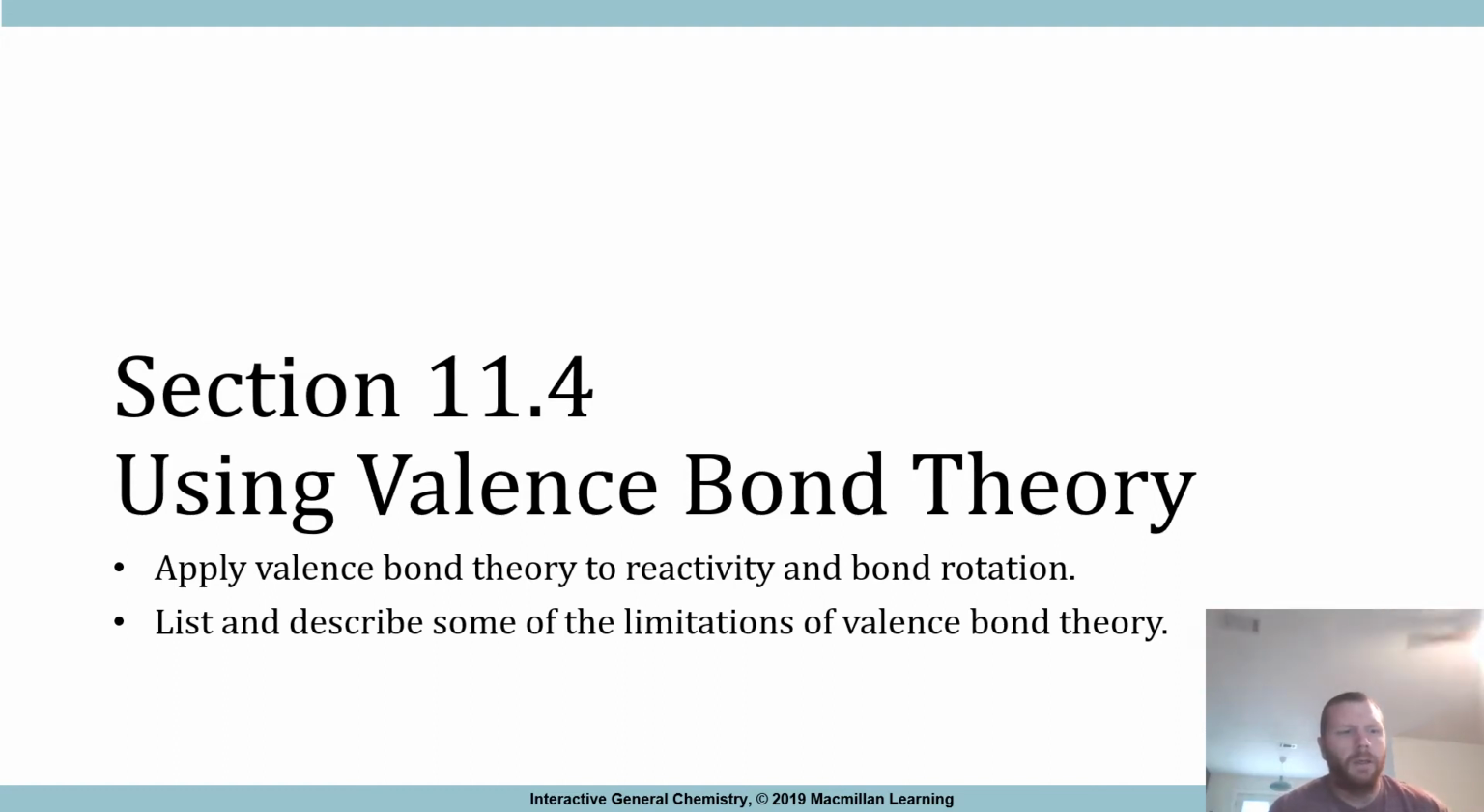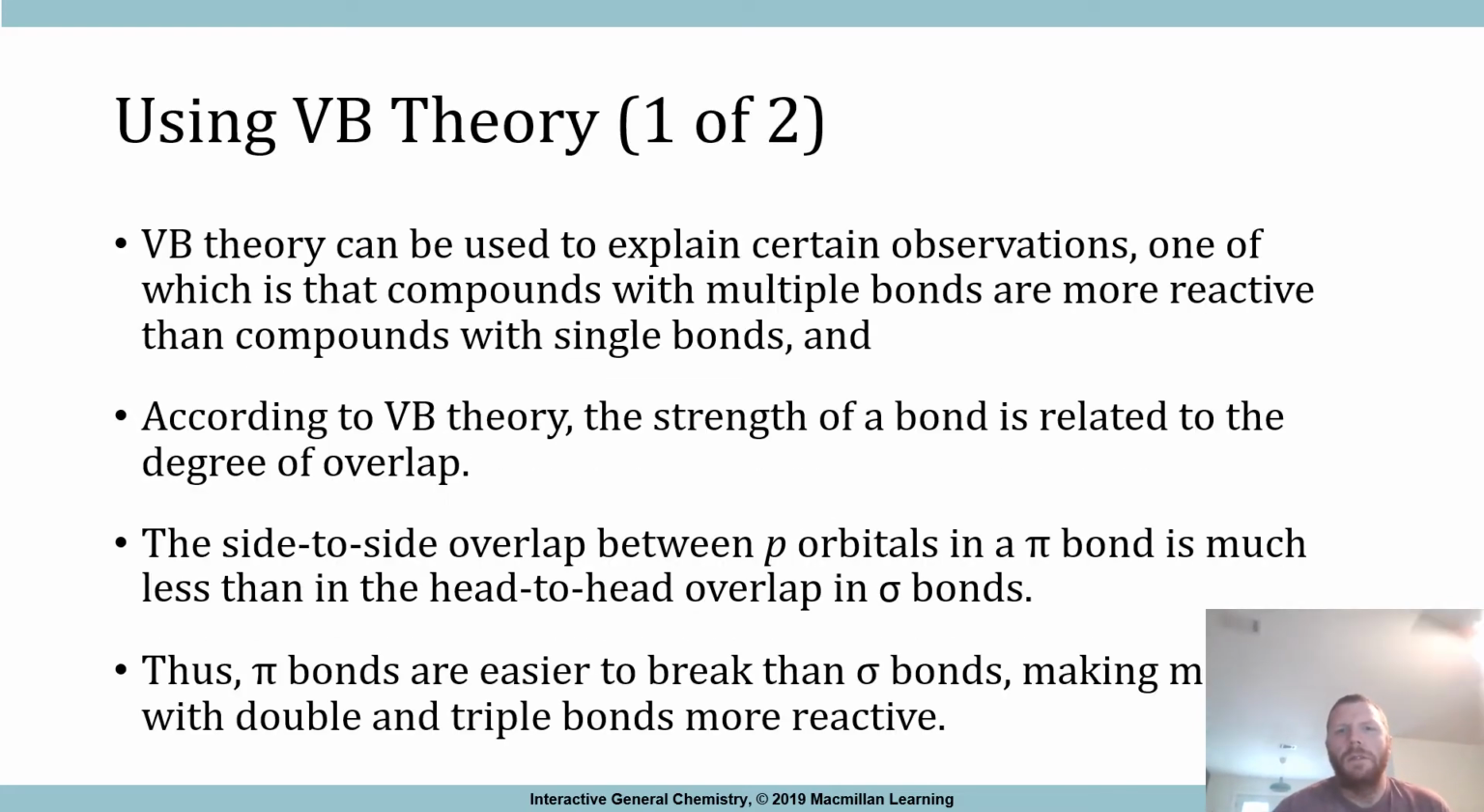All right, our second to last segment of the entire textbook, section 11.4, using valence bond theory. Valence bond theory can be used to explain certain observations, one of which is that compounds with multiple bonds are more reactive. That's a key. So that's a combination of observations as well as a theory that someone devised. So multiple bonds,